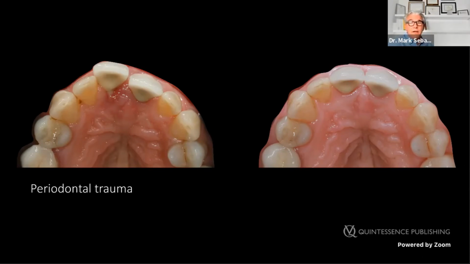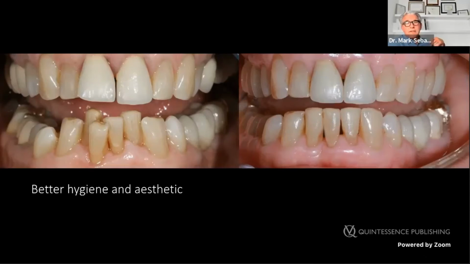Now she has healthy gums again, and this is just due to the wrong tooth position, and we can change this easily by aligner treatment. And we placed some resin in the front teeth just to close the black triangles. She's now 75 and smiling, and she's happy and satisfied with this situation.